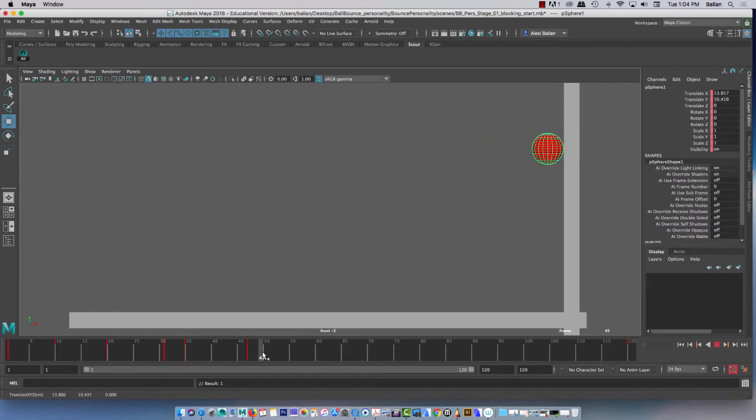I'm not squashing and stretching. So this ball is going to come back down really fast. Okay, and we'll bring it somewhere here. And then we're just going to do a couple bounces and end over there at 120. I think we should just drag it over here somewhere. Who knows? So it hits, a couple frames over, up, and then a couple frames over, down,